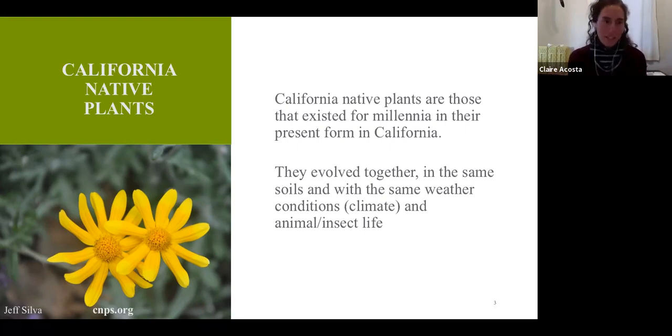It's also very common that other plants that are native to other Mediterranean regions, that may not be California natives, but are native to South Africa, the southern tip of South Africa, or the Mediterranean itself, tend